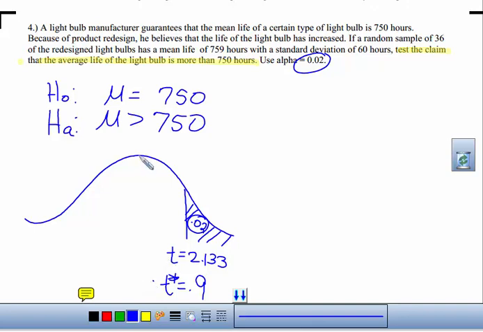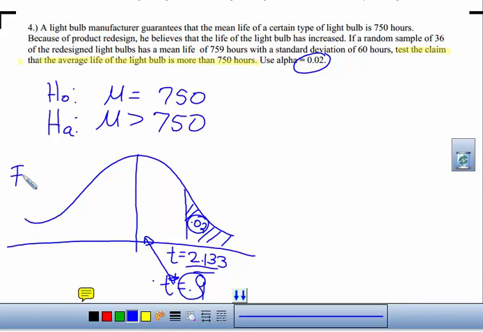So it's not unlikely, and when we compare it to our critical value, 0.9, remember there's a real number line under here, 0.9 falls somewhere over here, which is in our safe region. So we fail to reject the null hypothesis. Okay, and remember the alternative was our claim, so we would say the sample evidence does not support the claim that the mean of this new light bulb is more than 750.